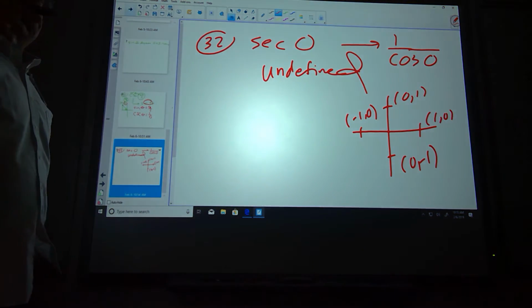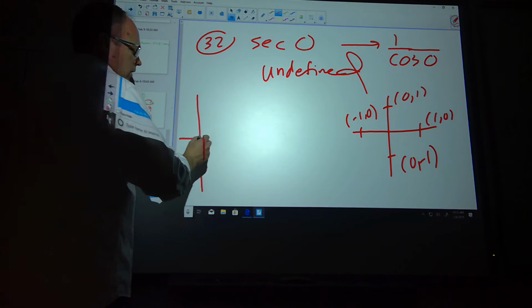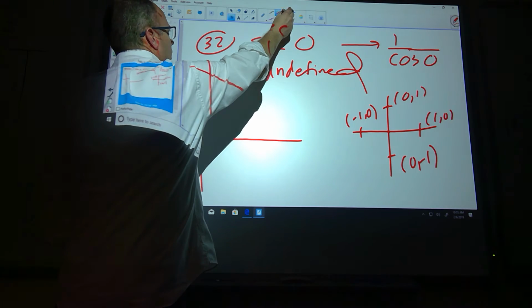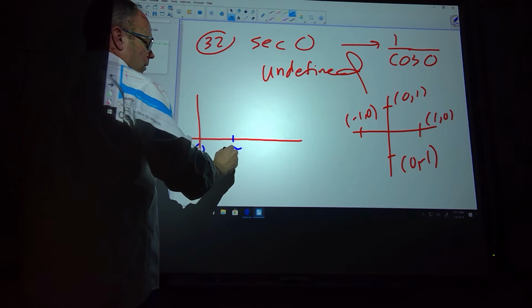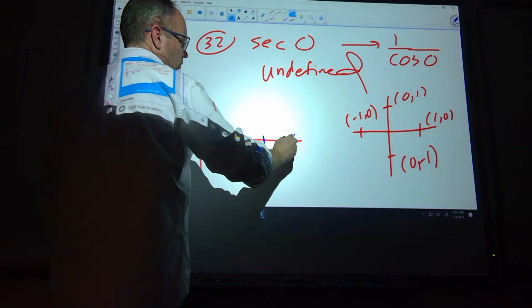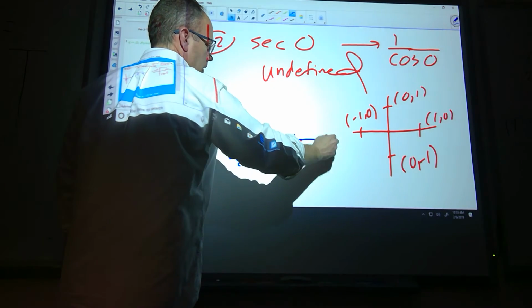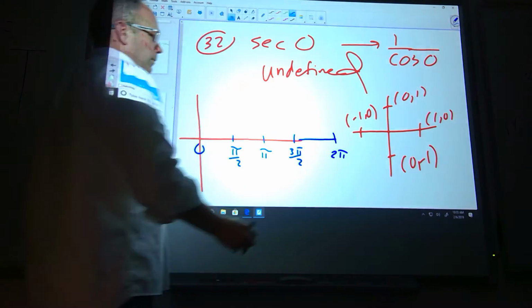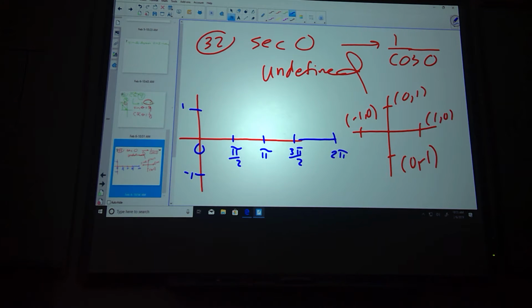Now, this is what we're going to see, starting in the next day or so. Don't let this panic you. This is just a glimpse. This is a glimpse of your fear. So if I want to graph the cosine graph,